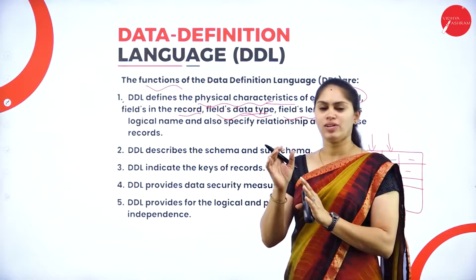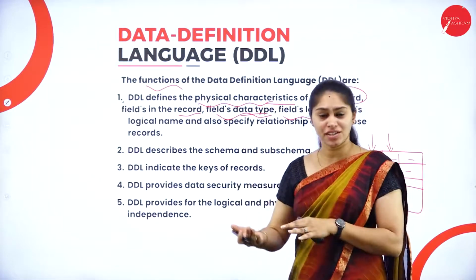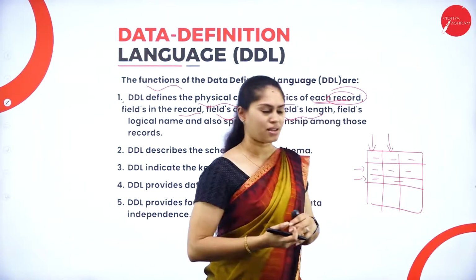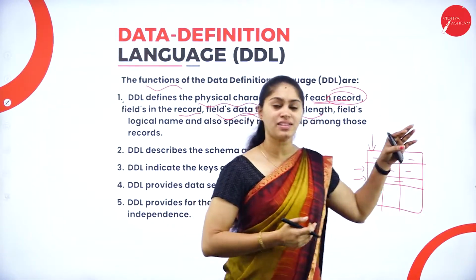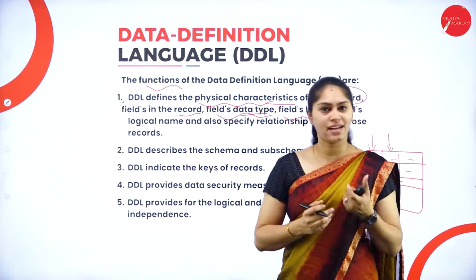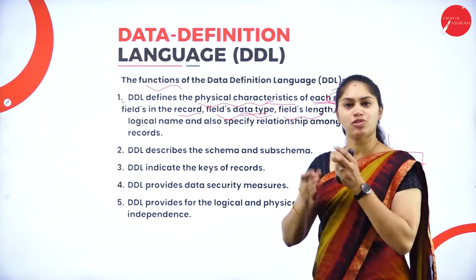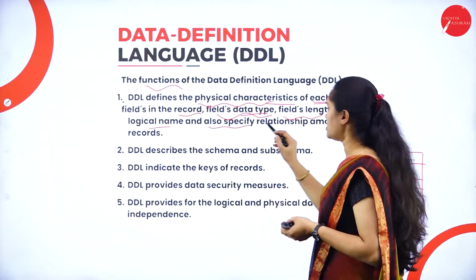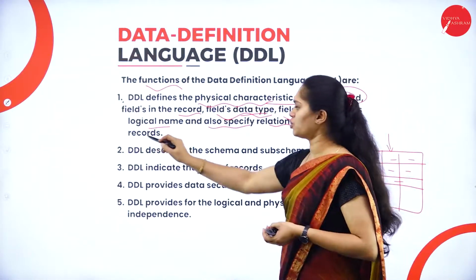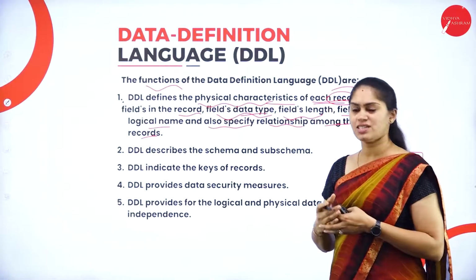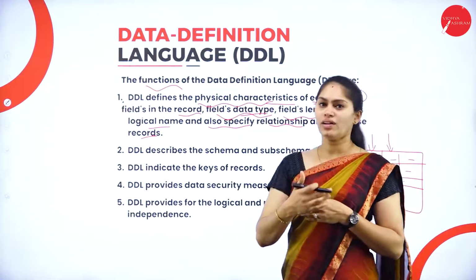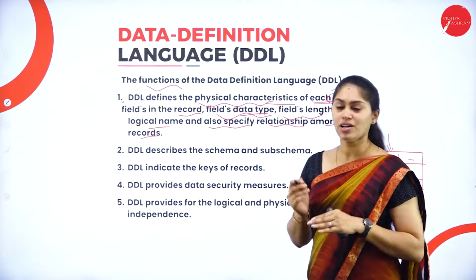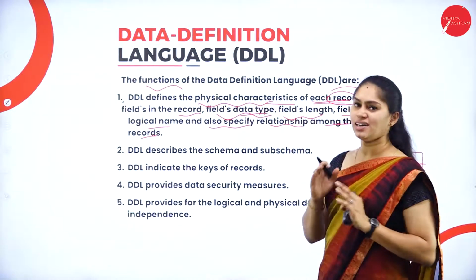So it will require only 3 characters, or even if it is 150 or 200, up to 999, we can include that. Moreover, whatever we have to give, we have to specify its data type as well as the length. I have to maximize the length, and also the field's logical name, and it also specifies the relationship among those records. It will specify the logical relationship between one record and another, how one record is unique from another, whatever data we are going to fill in